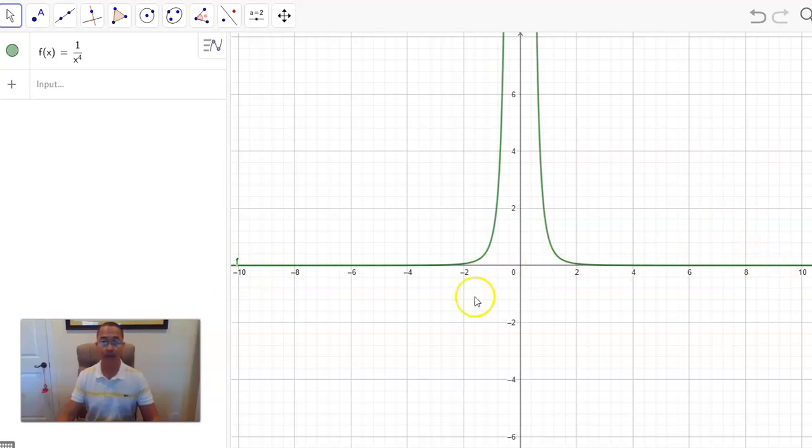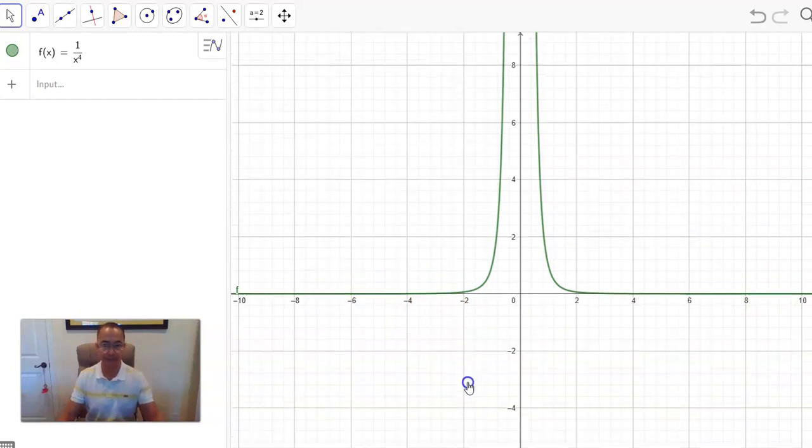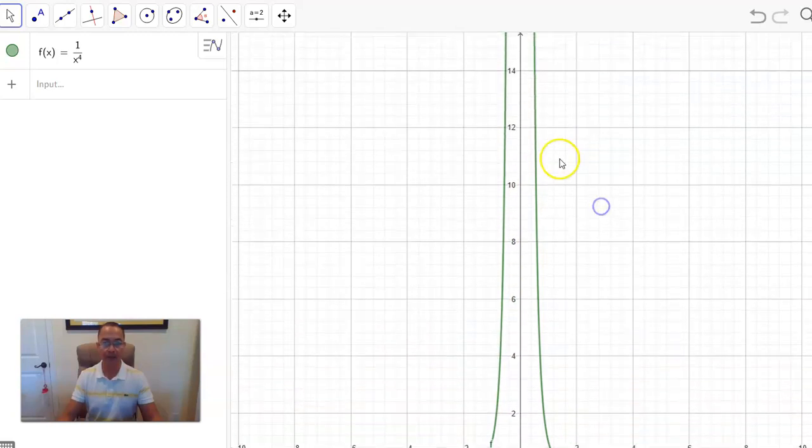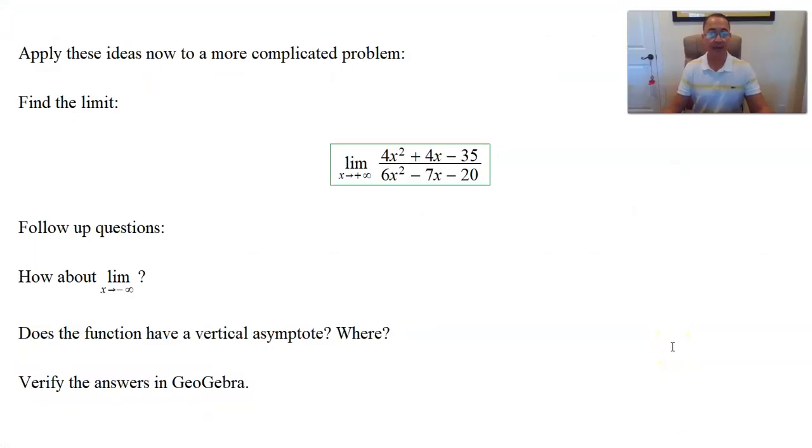Our y-coordinate is getting closer and closer to 0, but as x approaches 0 from the right or from the left, this time our y-coordinates are getting bigger and bigger on both sides. Okay, so we're approaching positive infinity, whether x is approaching 0 from the right or from the left. All right, so now that we have the basic idea, we are going to crank it up quite a bit